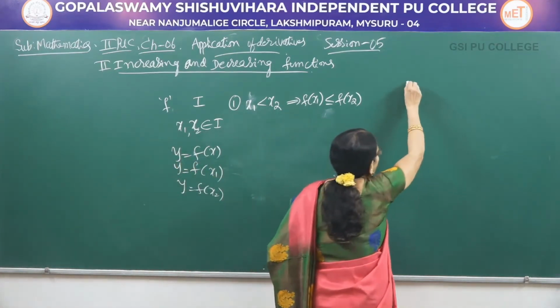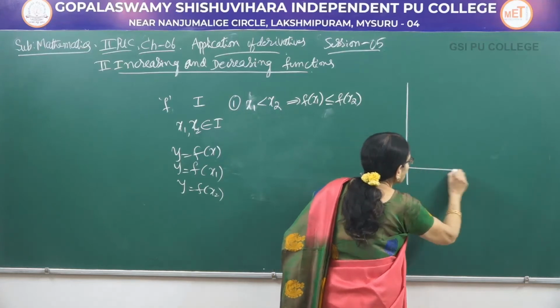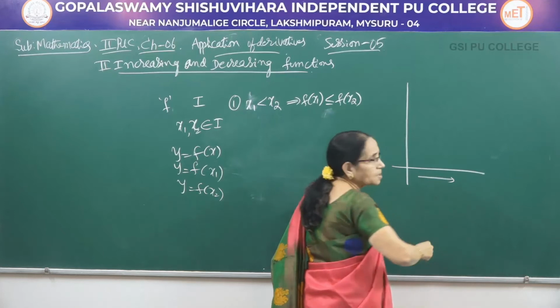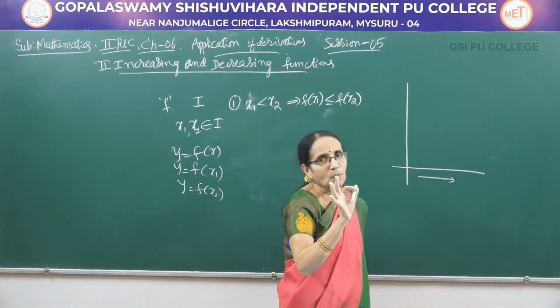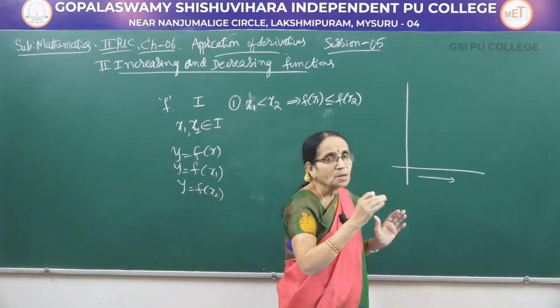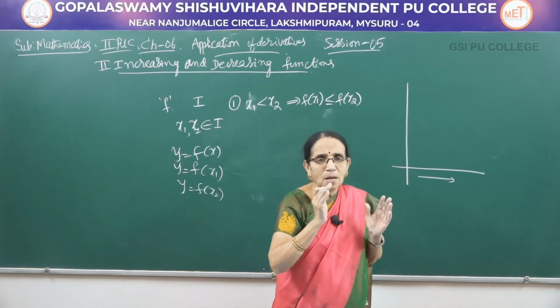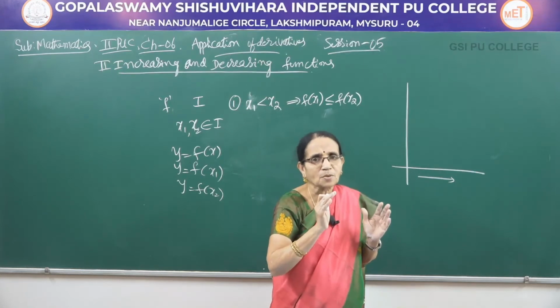And how do you draw the graph of that? It would be like this. See, there is an equality here. x would be always increasing like this. I am considering an interval here. f may have a very big domain, and I am taking a part of that, an interval belonging to the domain of the function.